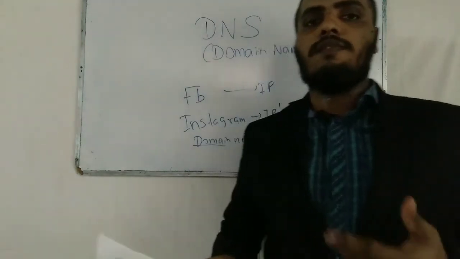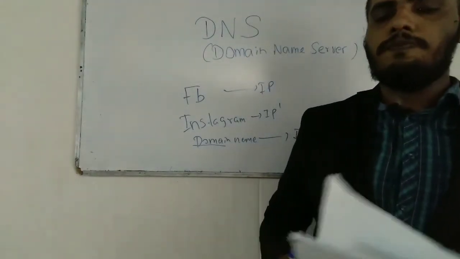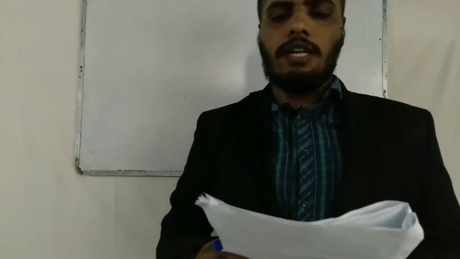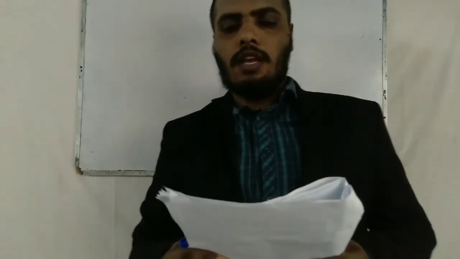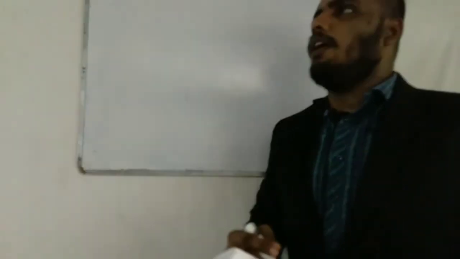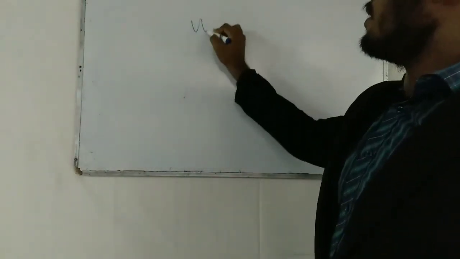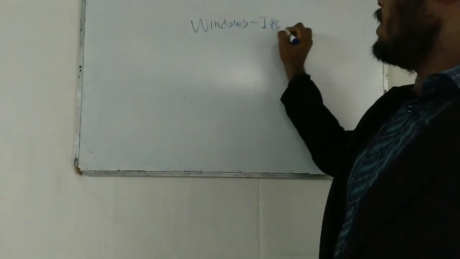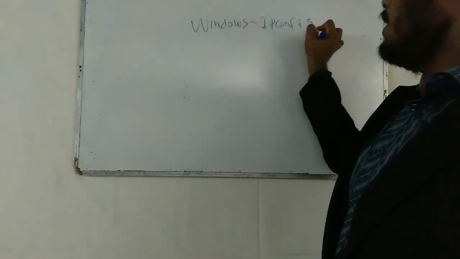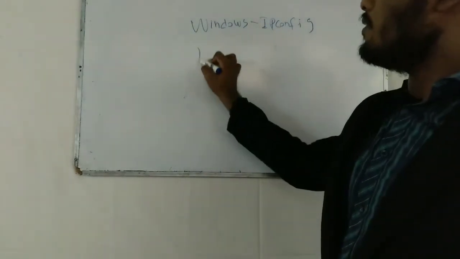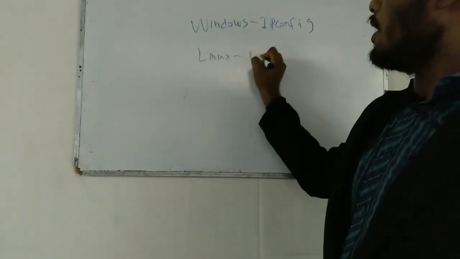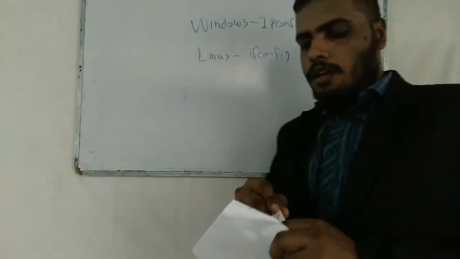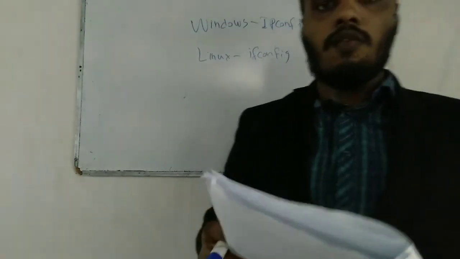Write down these things if you don't know them before. The command that can be used to check the network configuration of a computer is, simply, ipconfig. In Windows it is ipconfig, but for more knowledge, if you are using Linux, you can use ifconfig. So it is ipconfig, so the answer is 4.